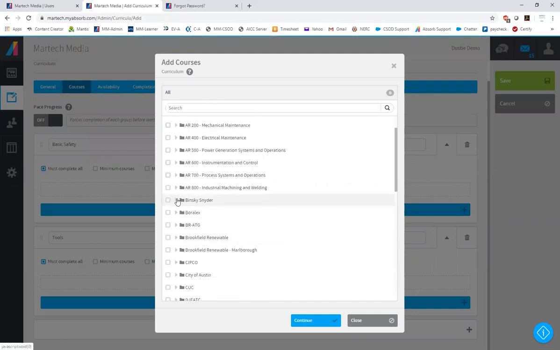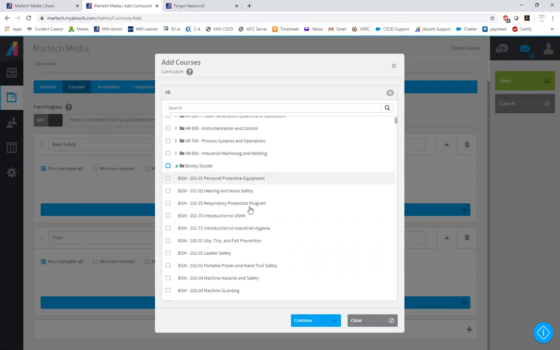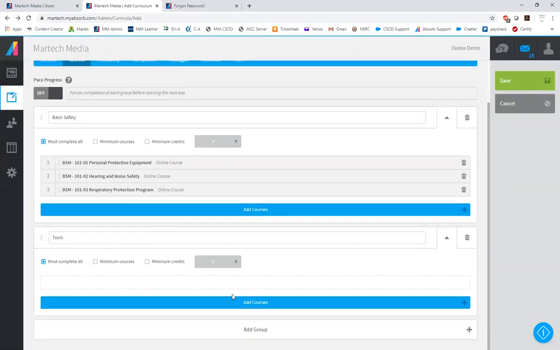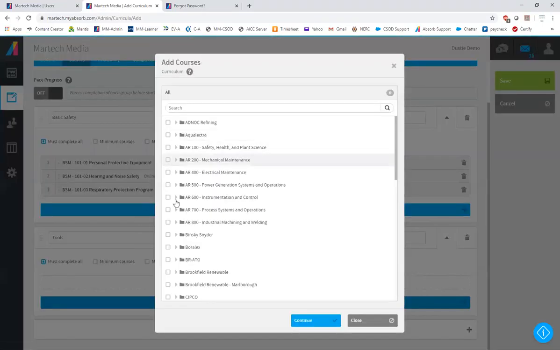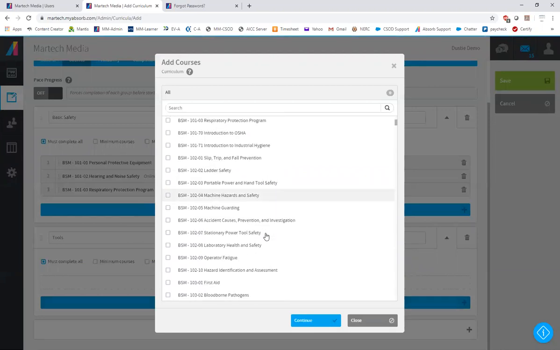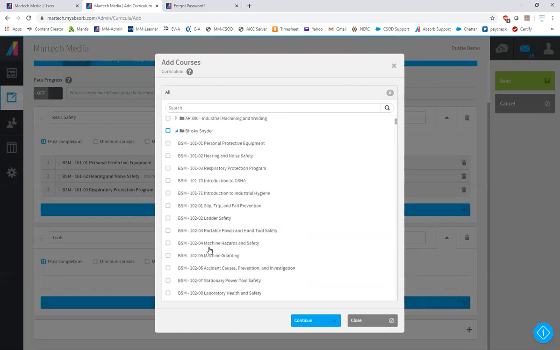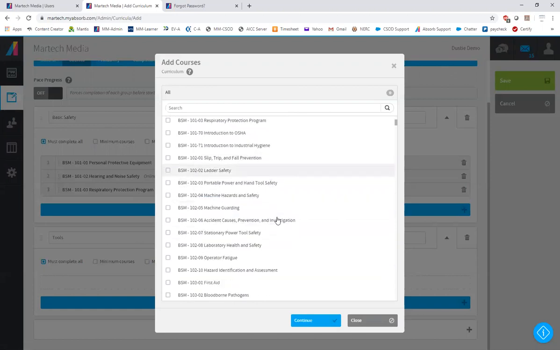If you come down to Binsky Snyder and click this down arrow, it's going to list all the courses that are available. I'm going to select that. And then Tool Safety, I want to select tool safety courses only within the 100s. So we'll